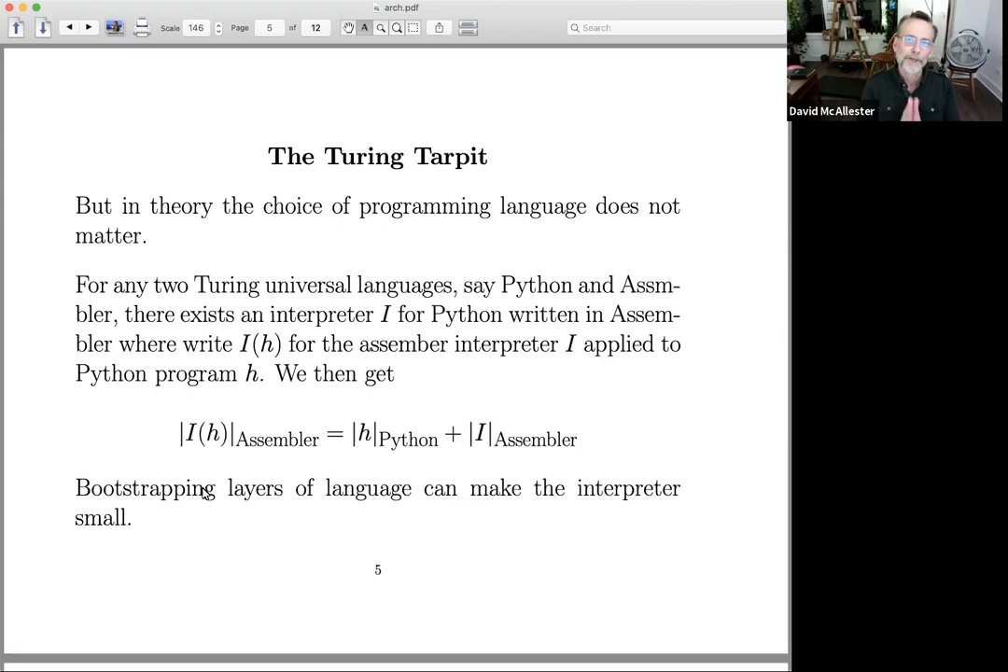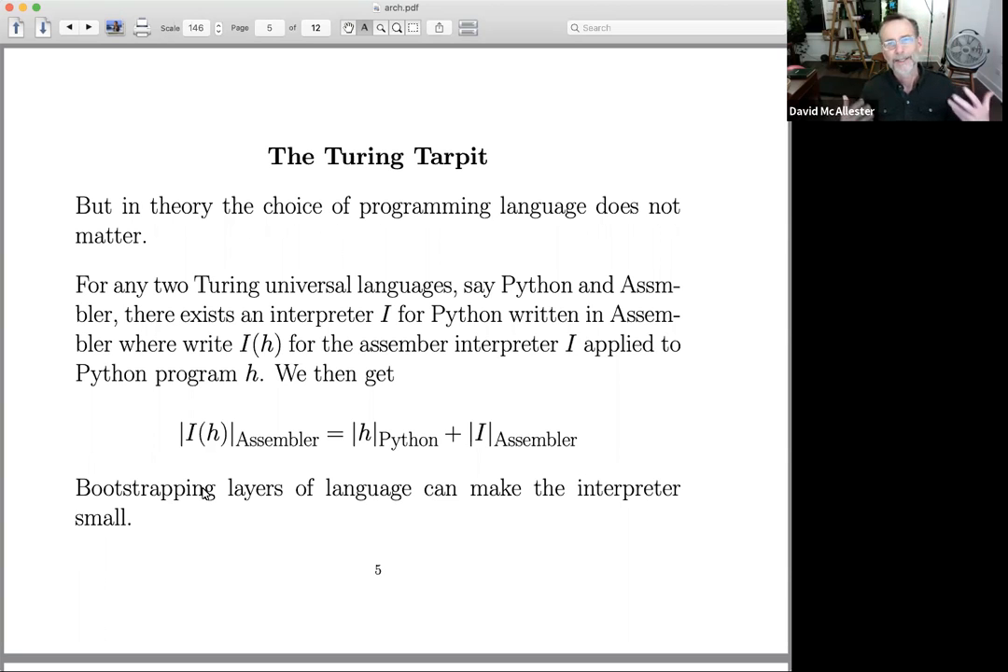In the programming languages community, people talk about the Turing tar pit. The theory of programming languages is inhibited by the fact that any two programming languages, say Python and assembler, are both Turing complete. You can do anything in assembler that you can do in Python. It just might be more painful. And